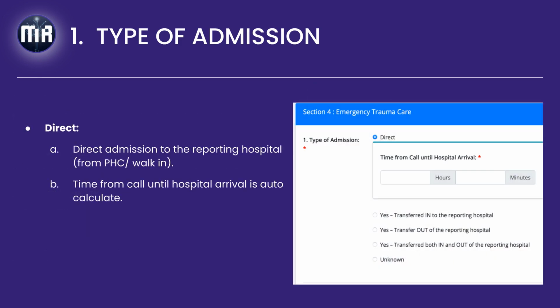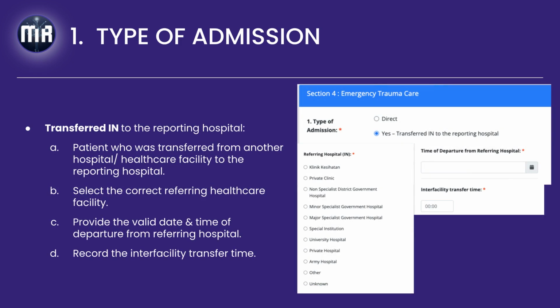For type of admission, if the patient comes directly to the reporting hospital, whether from pre-hospital care or as a walk-in, select Direct. The system will automatically calculate the time from the initial call to hospital arrival. Patient transferred into the reporting hospital refers to a patient who was transferred from another hospital or healthcare facility into